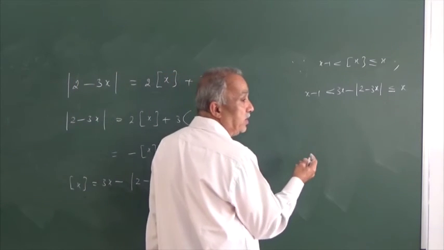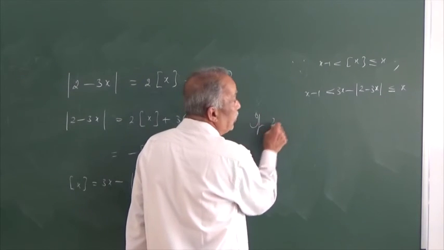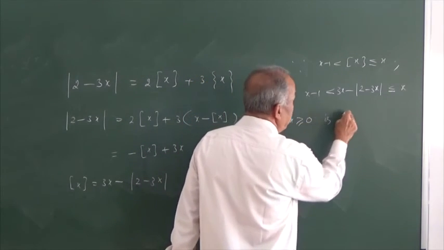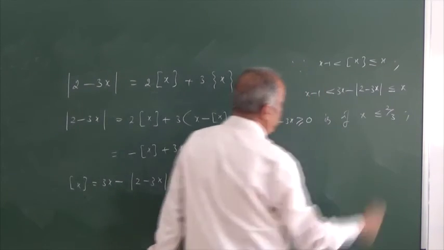Or this means, consider the two possibilities separately. If 2 minus 3x is greater than or equal to 0, that is if x is less than or equal to 2 by 3,